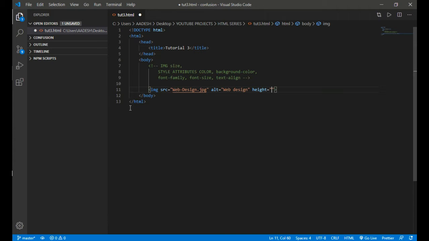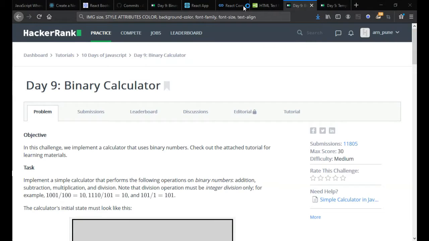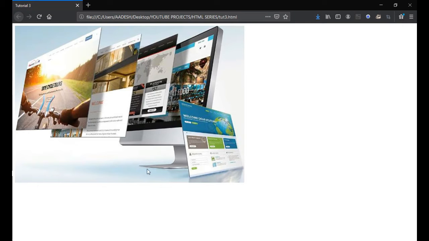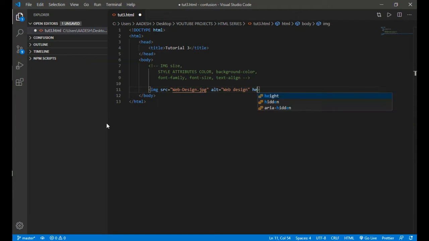The next attribute is height, to adjust the size of the image. First of all, let me show you the default size of the image. Let's go to tut3, and yes, this is the default size in the browser. Now let us adjust the height and width of the image.